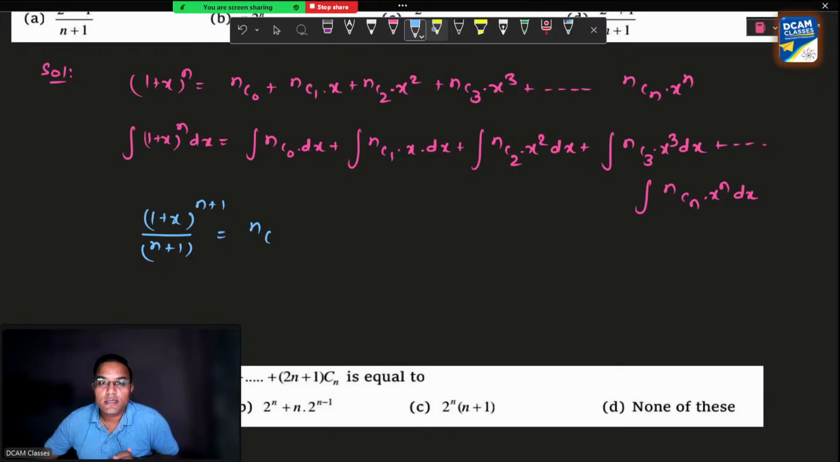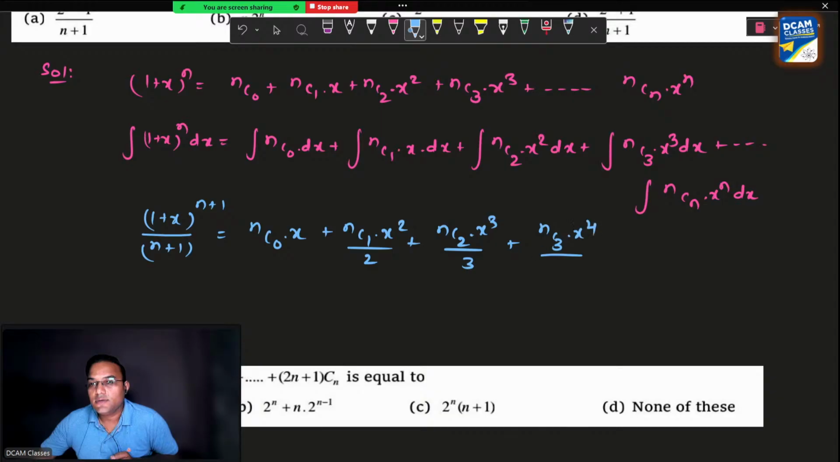is equal to NC0 into x plus NC1 into x square by 2 plus NC2 into x cube by 3 plus NC3 into x power 4 by 4, and so on, NCn x power n plus 1 by n plus 1, right? Now we have to put x is equal to 1,